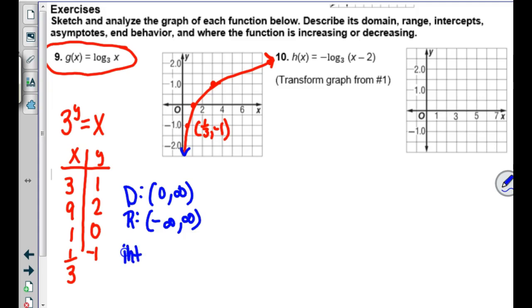Intercepts, it only has an intercept on which axis now? X-intercept at 1, 0. End behavior, as we go to the left, does it even go to the left? No. It would be going to negative infinity, but it actually doesn't go, there is nothing to the left of there. As we go to the right, it's a